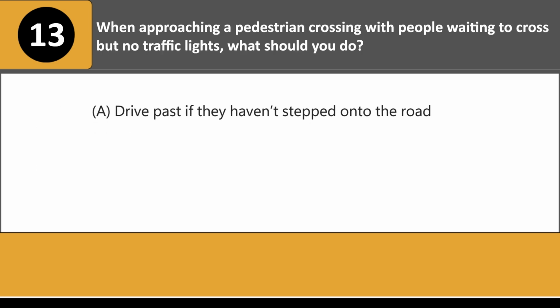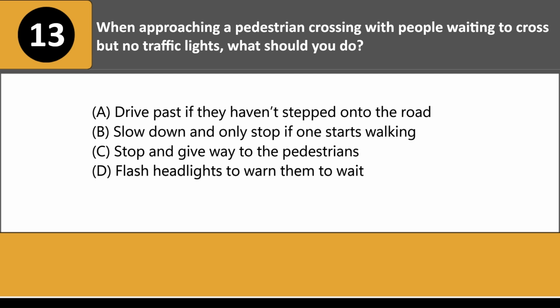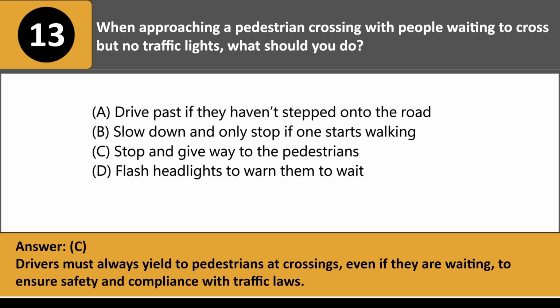When approaching a pedestrian crossing with people waiting to cross but no traffic lights, what should you do? A. Drive past if they haven't stepped onto the road. B. Slow down and only stop if one starts walking. C. Stop and give way to the pedestrians. D. Flash headlights to warn them to wait. Answer: C. Drivers must always yield to pedestrians at crossings, even if they are waiting, to ensure safety and compliance